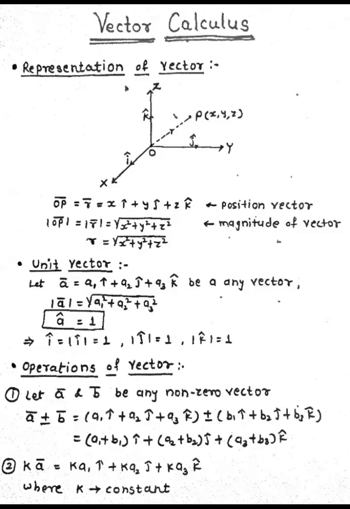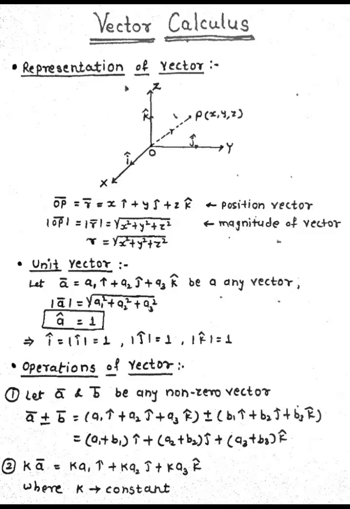A quantity which has both magnitude and direction is termed a vector quantity. Physical quantities like displacement, velocity, acceleration, force, current, etc. come under this category. And a quantity which has magnitude alone but not direction is termed a scalar quantity. Some examples of scalar quantities are mass, length, time, temperature, speed, etc.